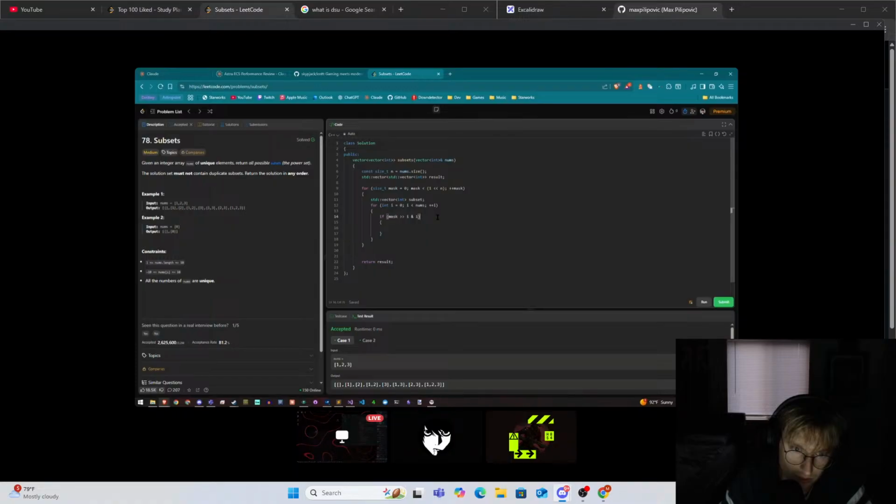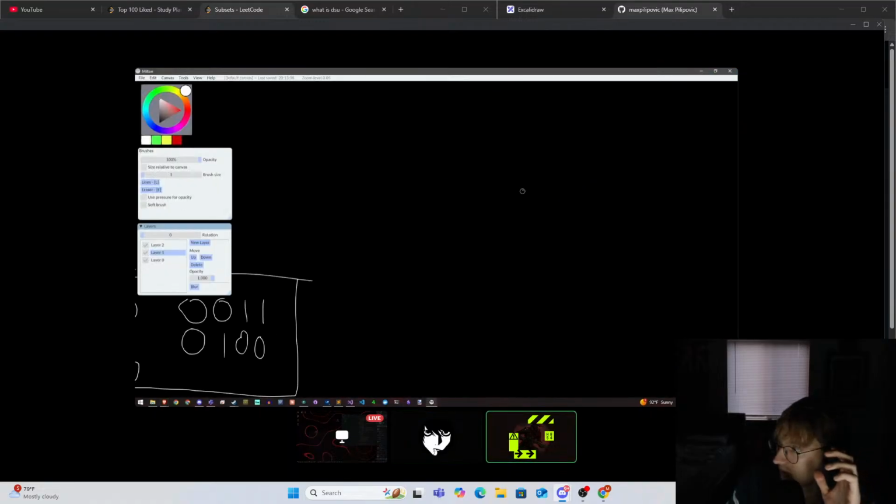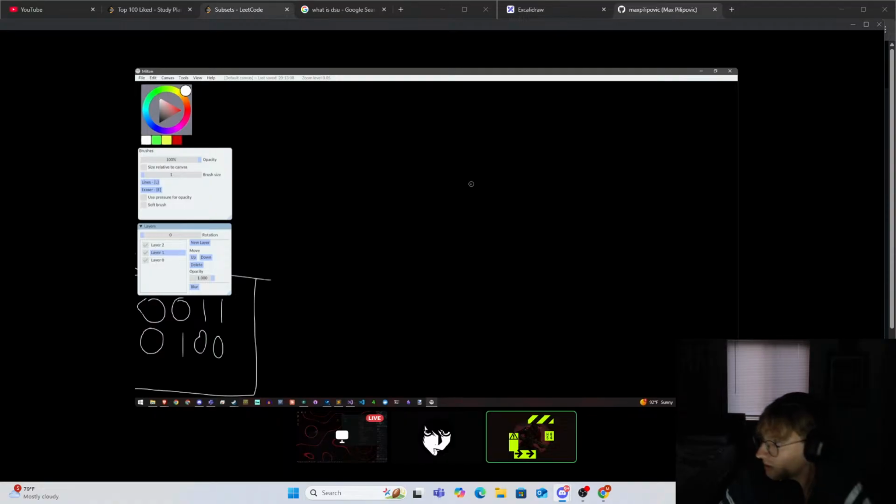So, mask shifted to the right by i, and 1. I assume the "and 1" is probably checking if the bit that we're looking at is 1. Is that the "and 1" part, or no? So "and 1" would be like this. So for example, it'd be like